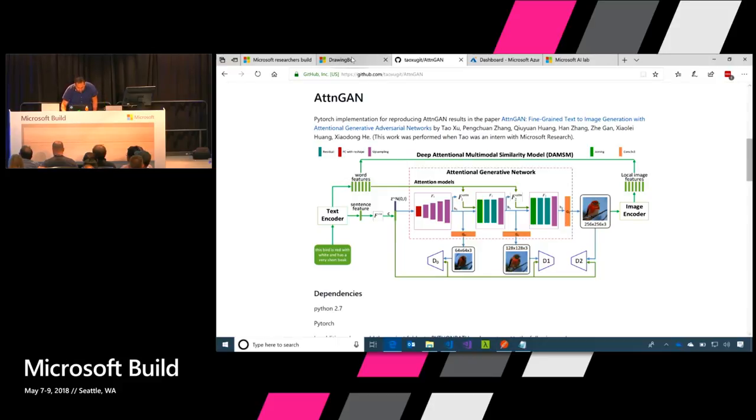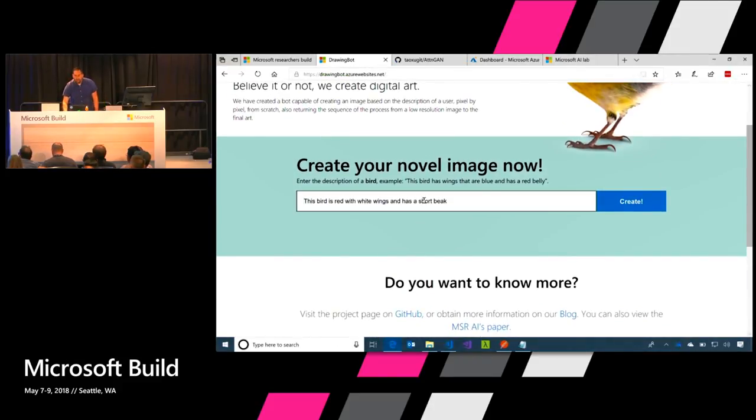So what I'm going to do is bring up this thing called a drawing bot, and we're going to describe a random bird. We're just going to describe a bird. And then it's going to take the text, and based upon the fight that they had the other day, the one that learned how to draw really good birds to trick the other AI, it is going to draw a bird pixel by pixel and render it. Okay, it's not like looking something up in Bing. It's generating every single pixel of the image based upon bird images that it got.